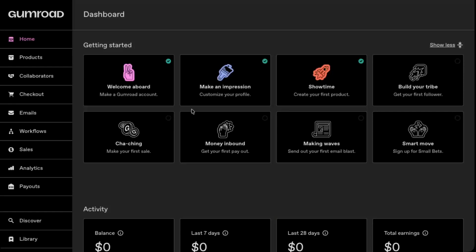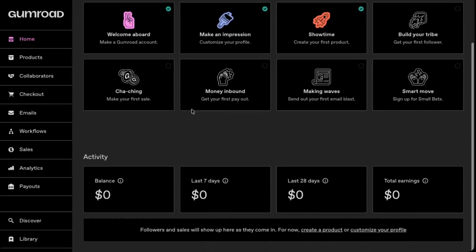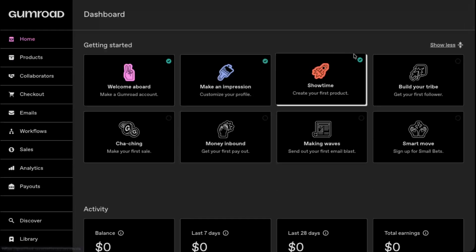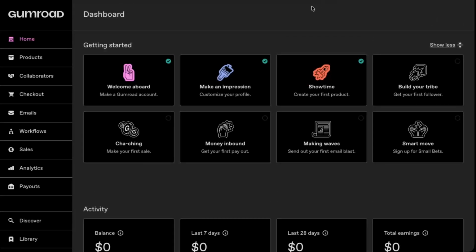After you've completed the sign-up, you should be taken straight into your Gumroad dashboard. From here, you can access your settings to verify your account and start setting up your profile, payouts, and products. The overall process is designed to be quick and straightforward. So within a few minutes, you'll be ready to explore Gumroad and begin building your digital